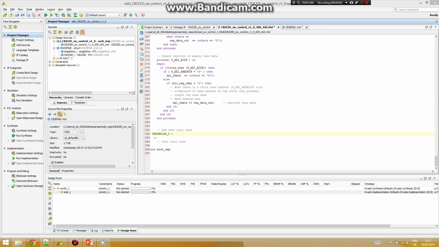We want to instantiate this component here. You've got something called cb2 cls post 0, which is a component of cb2 ce blsd. And in here we want to add a port map for them,